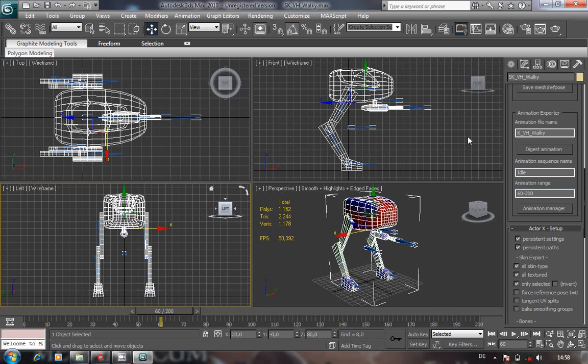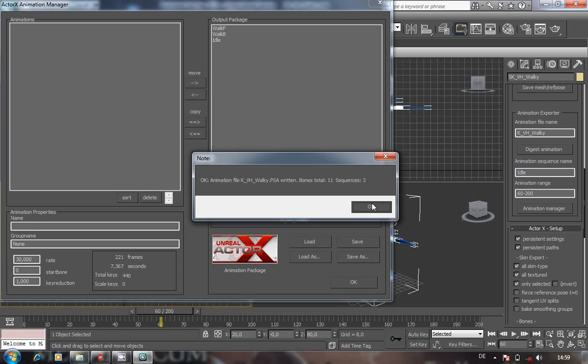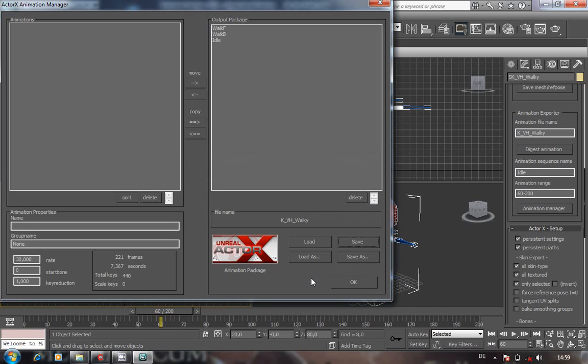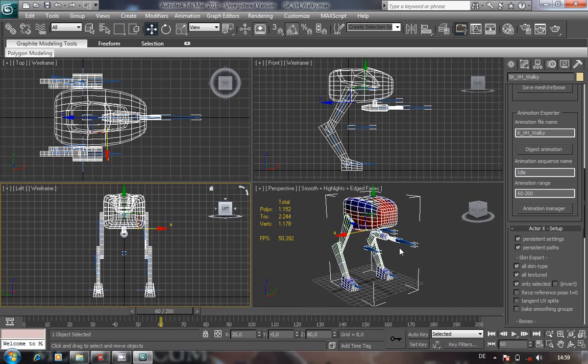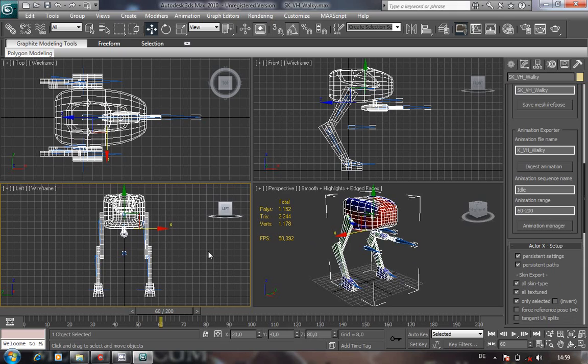Now what do we do now? You've got to go to the Animation Manager, select your 3 animations, move them across from animations to output package, and hit save. Now you'll find, where did it save it to? You can click on save as, but it saved it, let me just close this down, to wherever you put your skeletal mesh exporter to go to. Okay, and that's all it takes. Very simple, I won't say short and sweet, but that'll keep you happy, keep you going, and that's all we need to do in Max